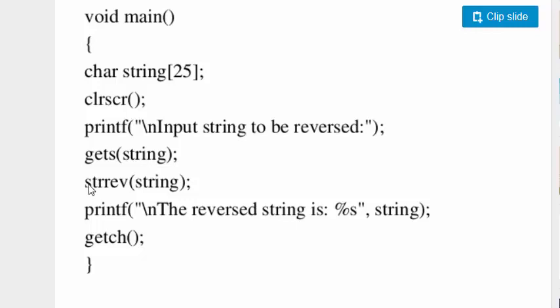So here I will be using strrev. This is the function to reverse our string, and here I am providing the string name. So strrev will reverse the string. And then when I display the string, it will be in reverse order, that is OLLEH will be displayed for reversed hello.